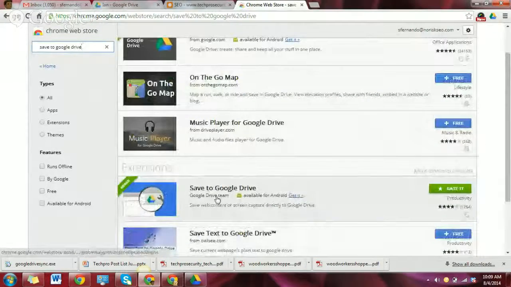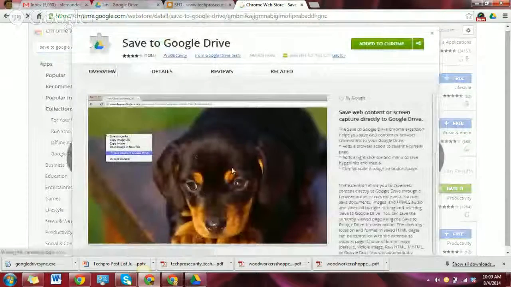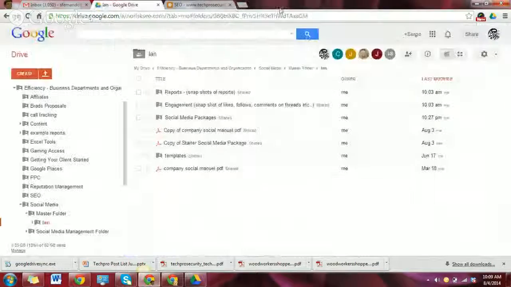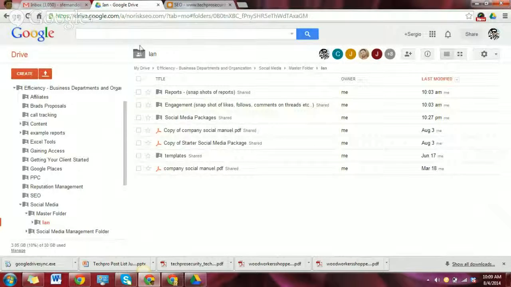And it's right here. I have a link on this page that you're reading, so just make sure to click on that link. When you click on this, you just add it to Chrome, and I've already added it, so it's already there, and now it's right here at the top right. So at any point in time, if I wanted to take a snapshot of what I'm looking at, let's say I was looking at a report and I wanted to take a screenshot of my report, I could just click on this little button here,